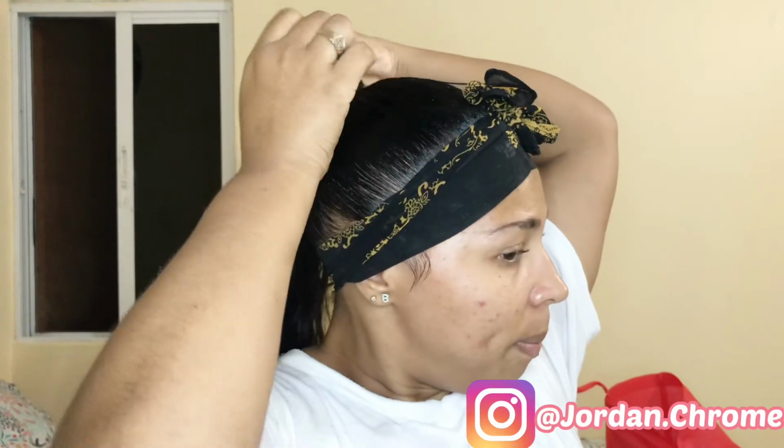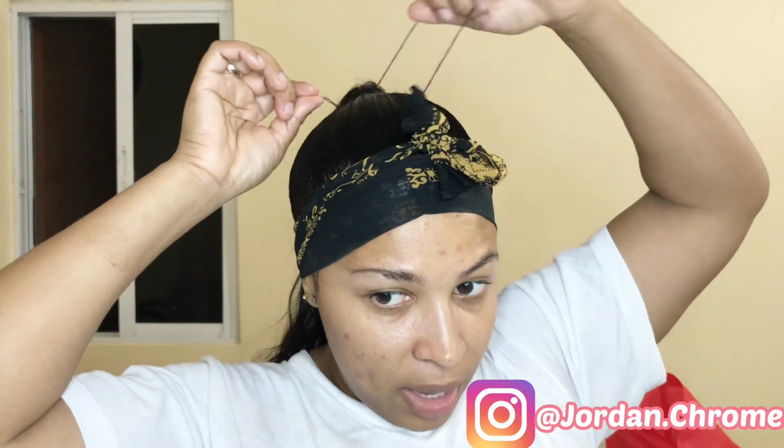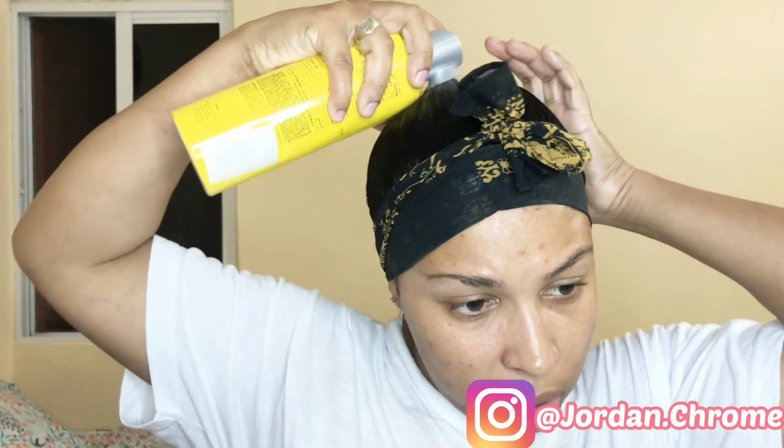So I'm just gonna close off the weft of the hair by sewing it through and through. So I'm putting it through the back of the hair and then pulling it back out. And then I'm just gonna make a knot at the end of the hair just to secure that. And then like the last time, I'm gonna use the got2b to hold down the